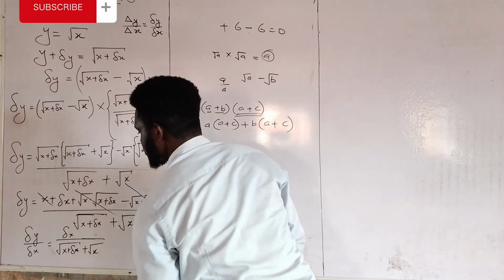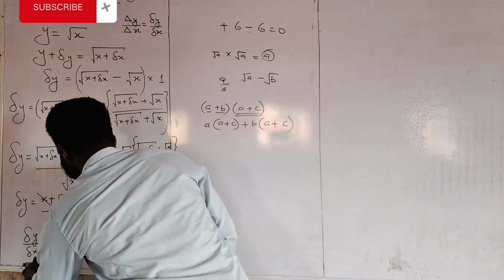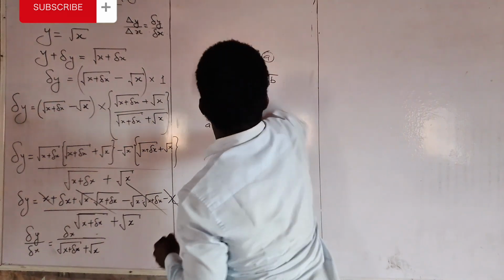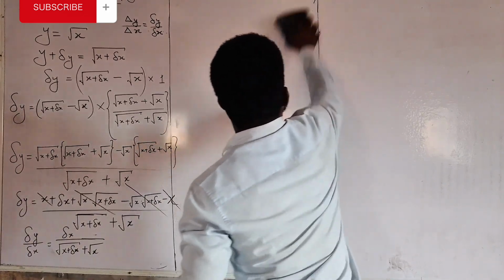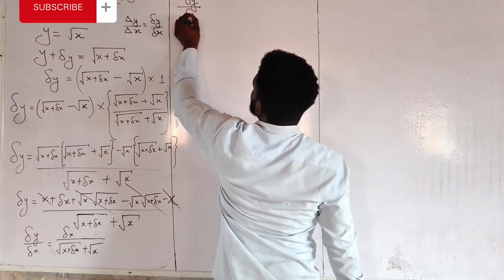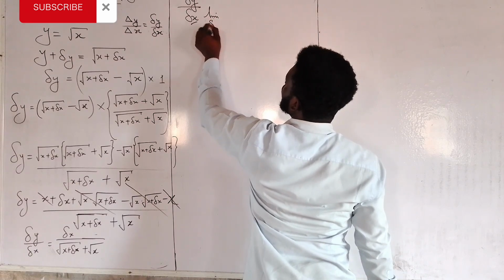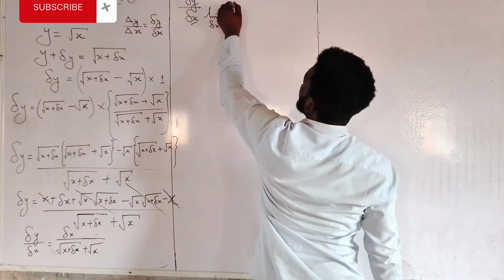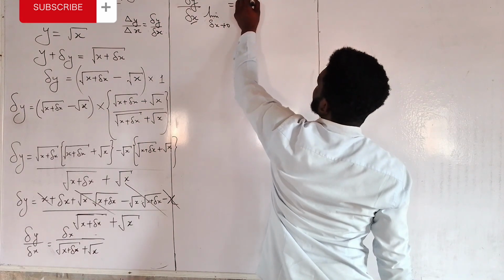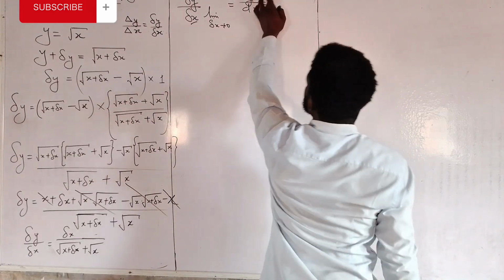Now once you've added that, let's take limits. If you are taking limits, I'm trying to minimize my space, so let me go over to the next. If you are taking your limits, you have change in y with respect to change in x, limiting change in x to 0. Mind you, the denominator is what you are taking the limit of. So you are going to come out with dy dx, which is equal to,